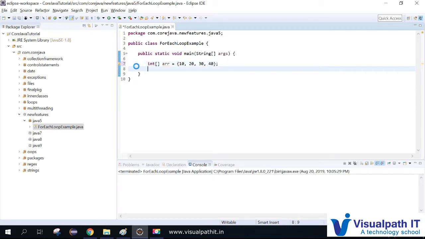So I will have 4 values. How to write a for loop? int i = 0; i less than array.length; i++. Just print the values of the elements.